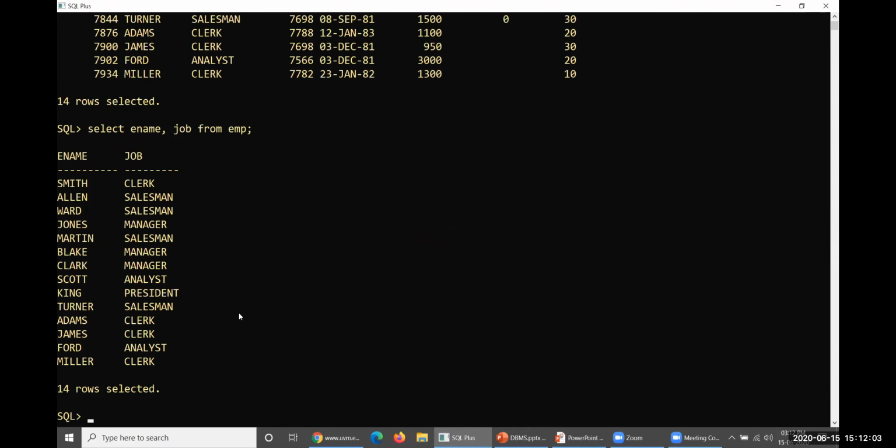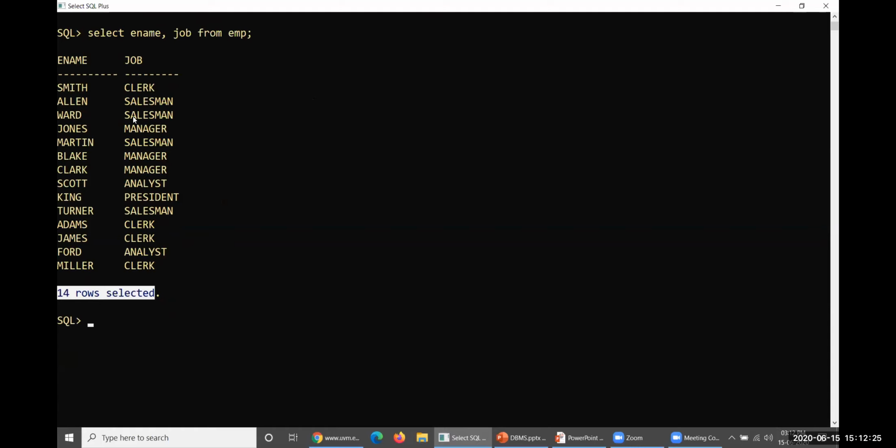Everything is being displayed, but right now you have displayed only 2 columns, with complete information. Previously it was 14 rows, so 14 out of 14 rows get displayed, but the number of columns has been restricted. This restriction can happen by taking these attributes here. You may operate some more restriction on these attributes.